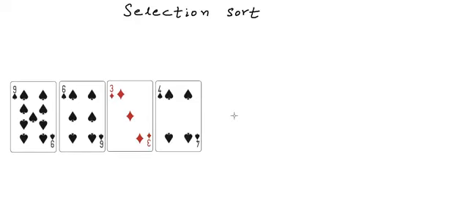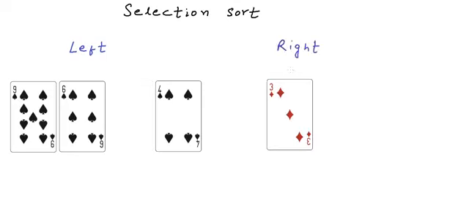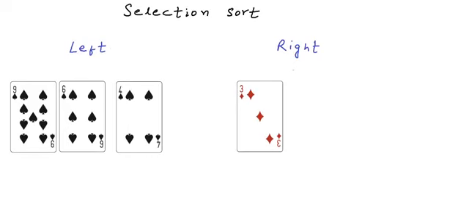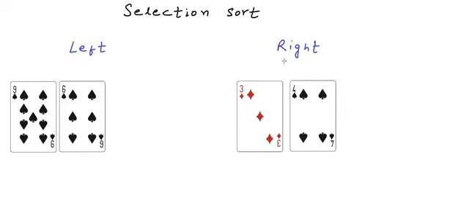Let's think of a simple sorting scenario. Let's say we have a set of cards and we want to arrange these cards in increasing order of rank. One simple thing that we can do is, initially we can keep all the cards in our left hand, and then first we can select the minimum card out of these cards and move it to the right hand. Now once again, from whatever card is left in the left hand, we can select the minimum and move it to the right hand, next to previous cards in the right hand, and we can go on repeating this process.